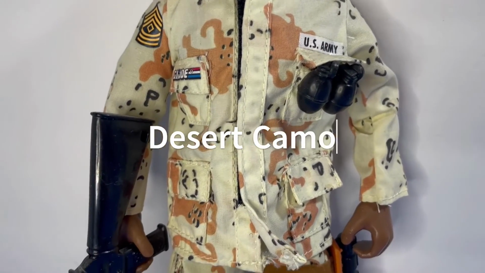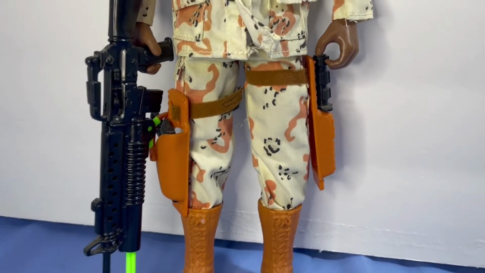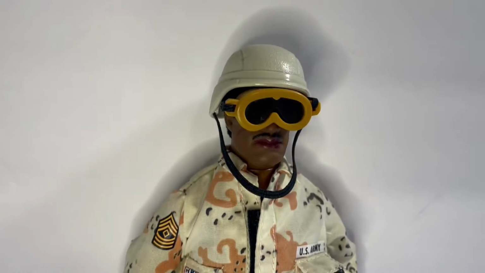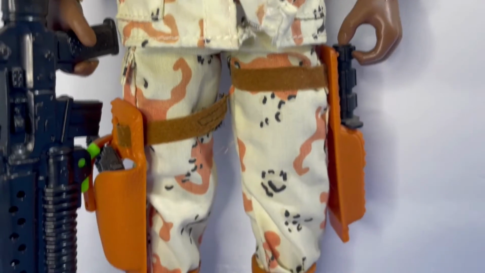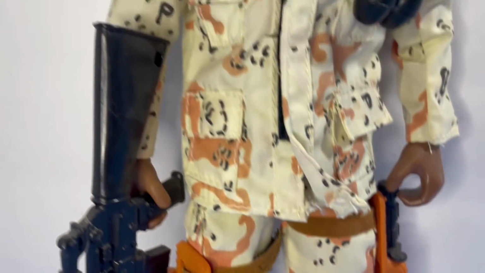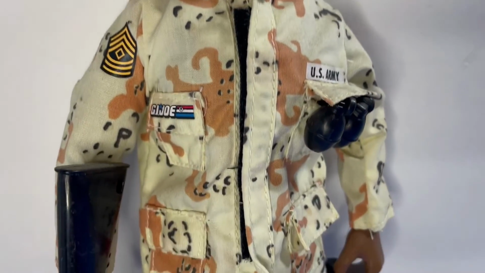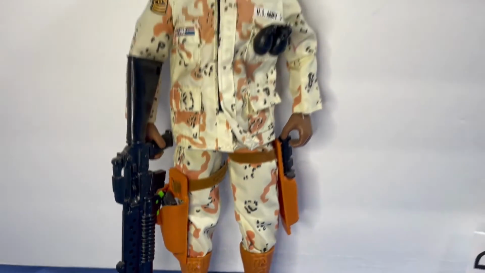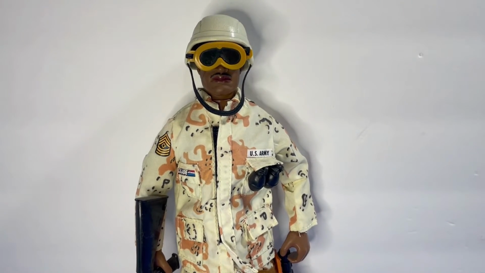You got 2 black grenades, the long gun with the launcher, a black knife, sidearm, goggles, helmet, and the kind of interesting desert cami look. Not sure if they ever use this again. I like it, but it's definitely not one that they've used very often. So again, desert cami mission gear,